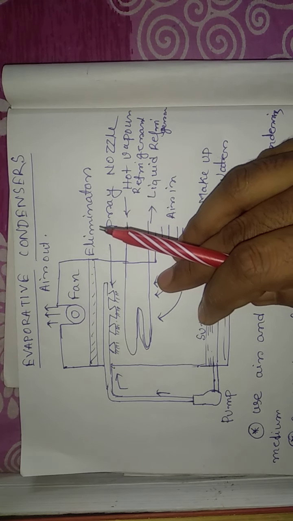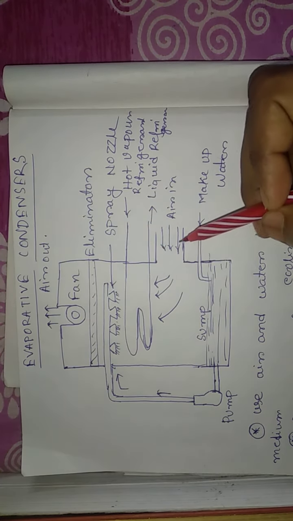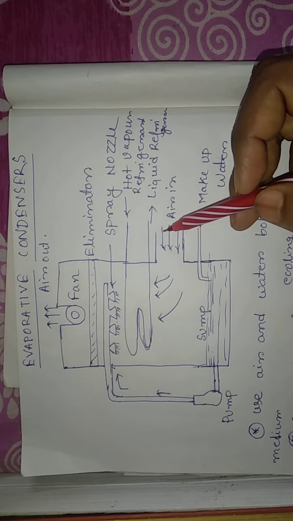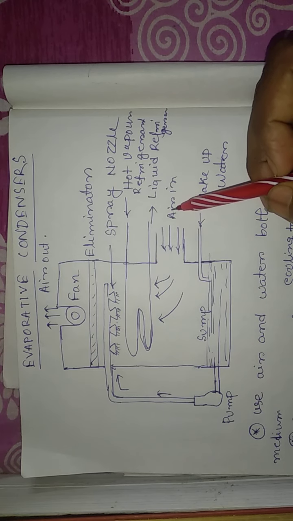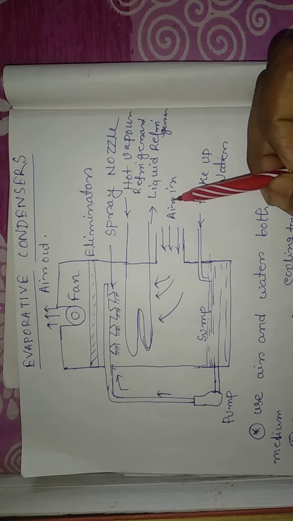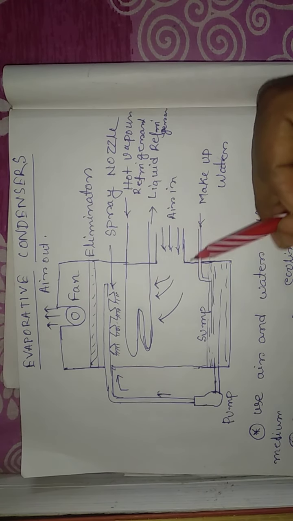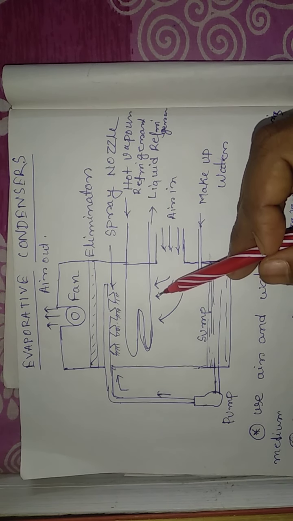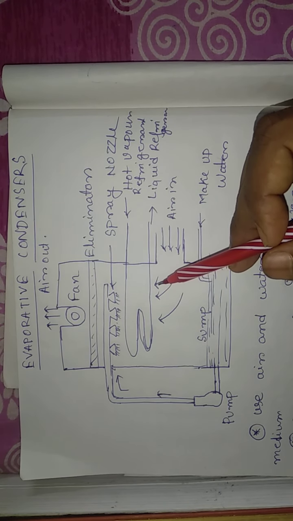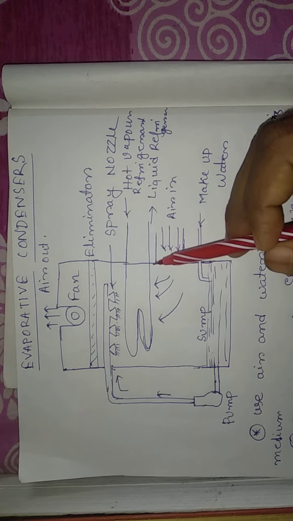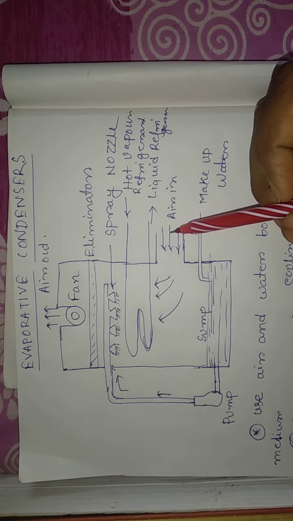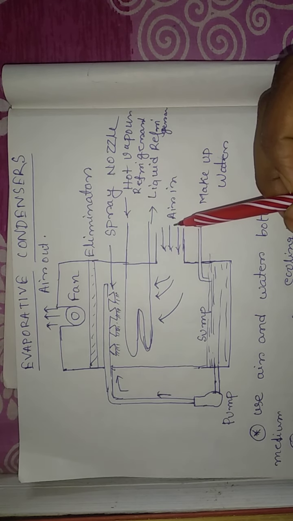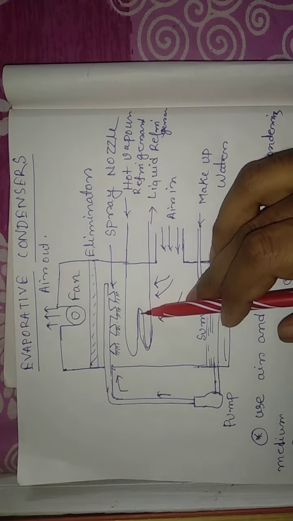surfaces. And at the same time, a fan draws air from the bottom side of the condenser. So basically this is the bottom side. From the bottom side of the condenser, the fan, which is installed here, draws the air from the bottom side of the condenser and discharges it out at the top of the condenser,